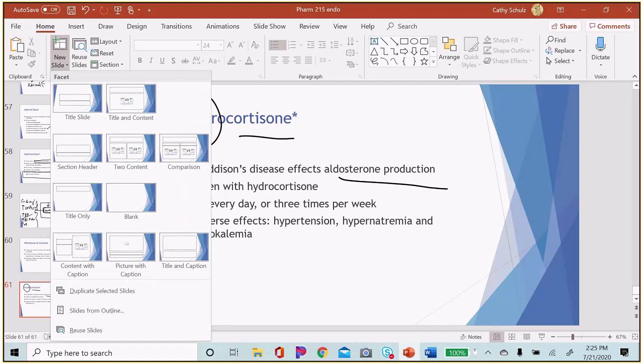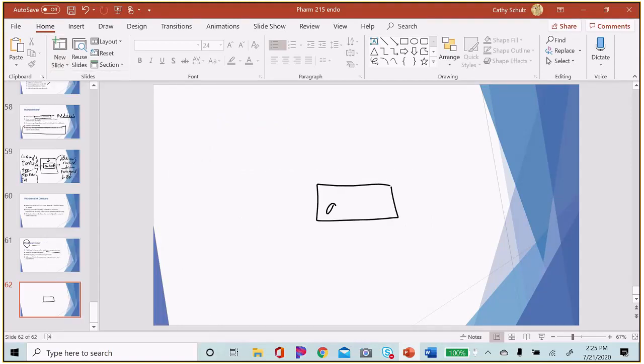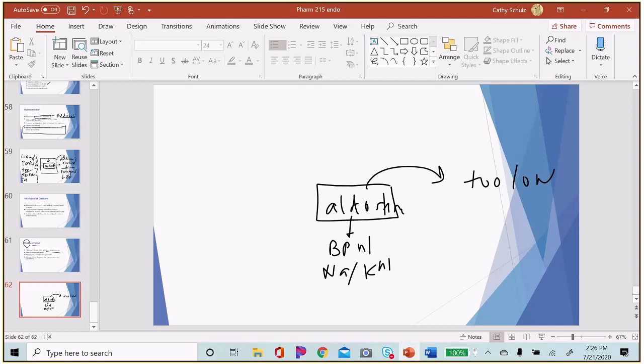So we have to remember, here we are, our aldosterone level, which means we would have a good blood pressure, normal blood pressure, and a normal sodium and potassium. If the patient had low blood pressure, if their aldosterone level was too low, then they cannot save fluid, so their blood pressure would go down, as well as their sodium, because they're not saving fluid,